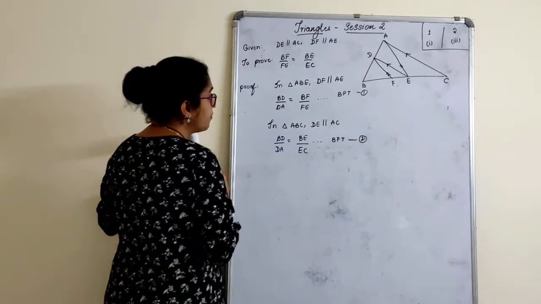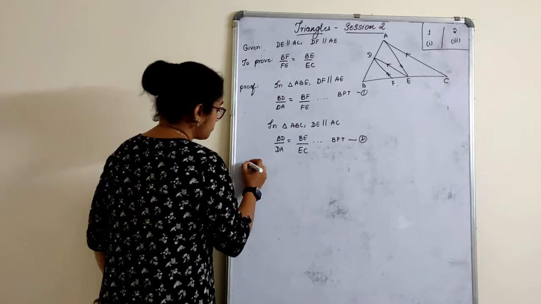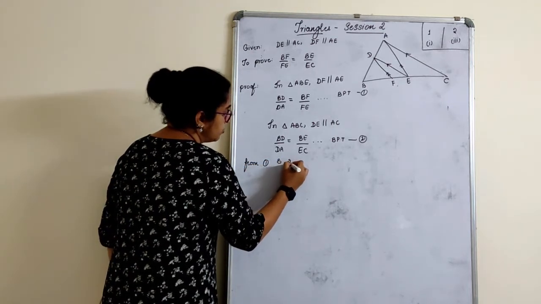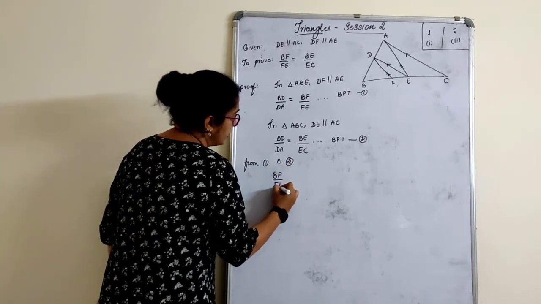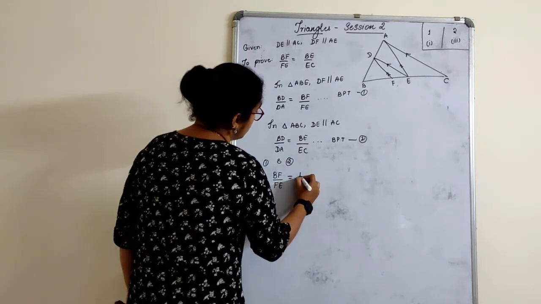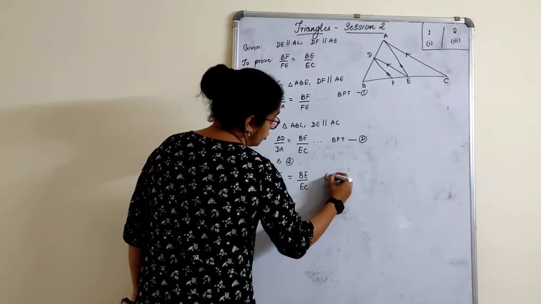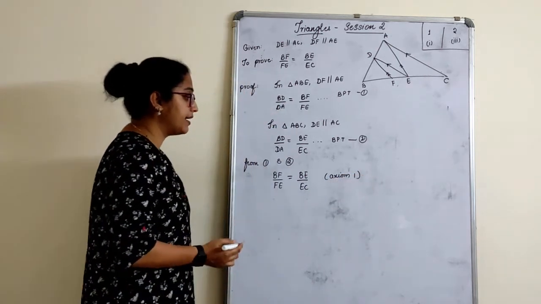Equation 2. From 1 and 2, BD upon DA is equal to these two. From 1 and 2, I can tell BF upon FE is equal to BE upon EC. Actually, in the previous one I forgot to write,